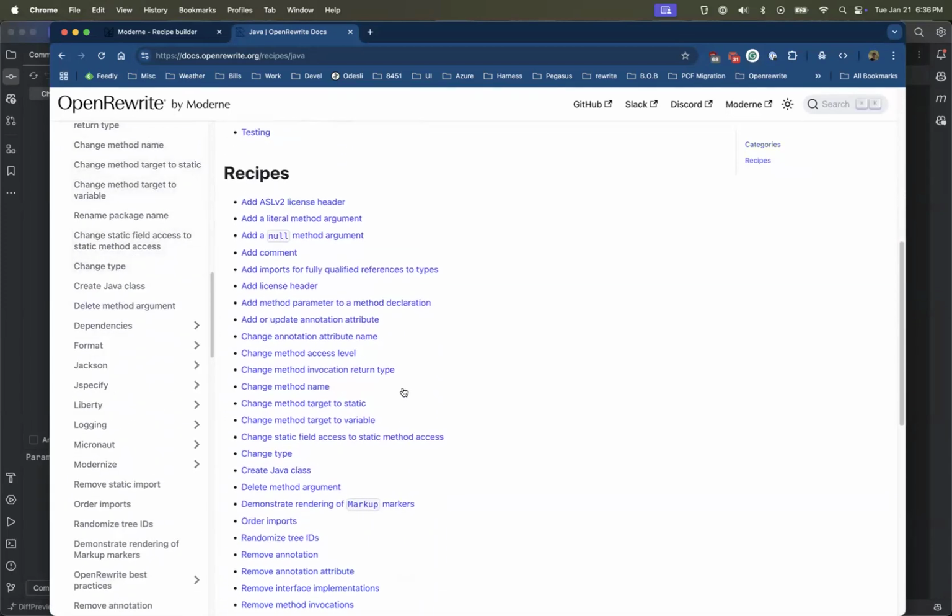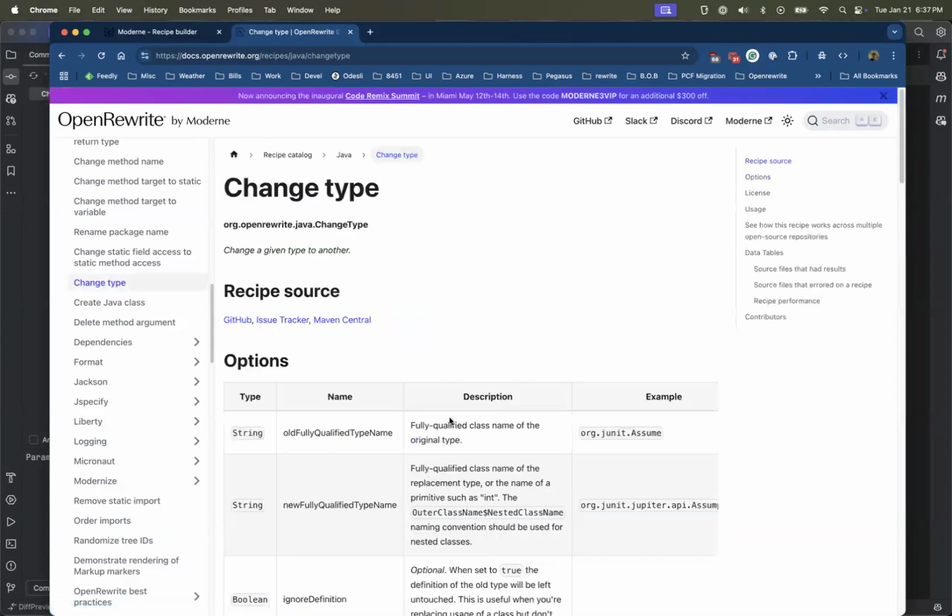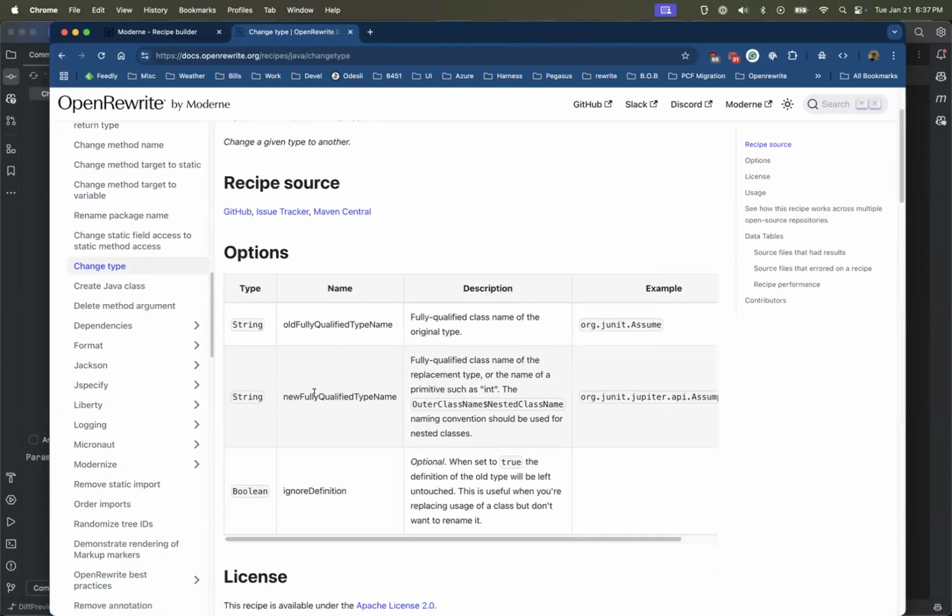For instance, I think there's a change type, change method access level. Change it from public to private to protected. Changing the method name. If it's just a straightforward method rename, that's pretty easy to do. Change type. So here's the old qualified thing, here's the new qualified thing. If you think about it, you're like, oh my God, how's that going to work? What happens if the new type doesn't have all these methods on it? So what's happened is your LST starts having kind of interesting patterns,